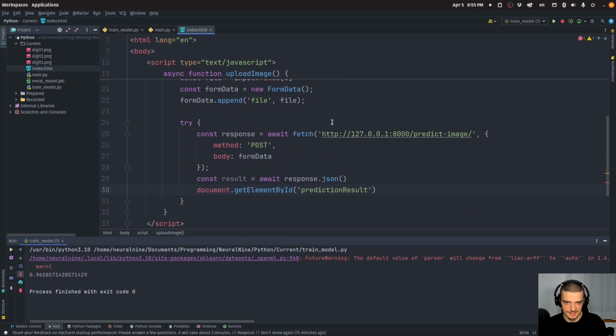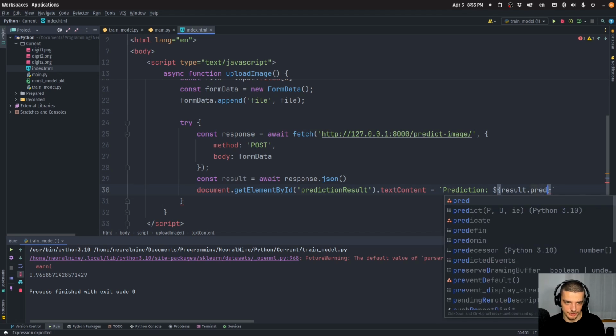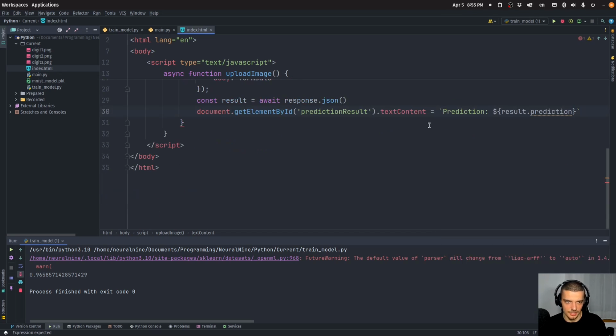That should display the result. We're going to say text content of this is going to be prediction, and then dollar and curly brackets result.prediction. So since this is a JSON object, it's going to have the field prediction. We're going to get the prediction and display it here in